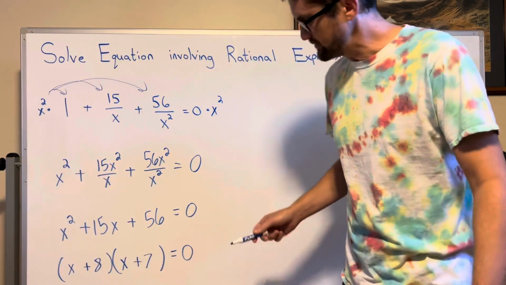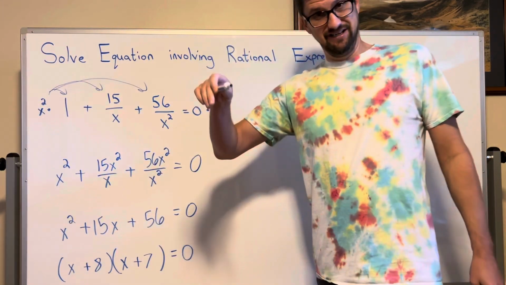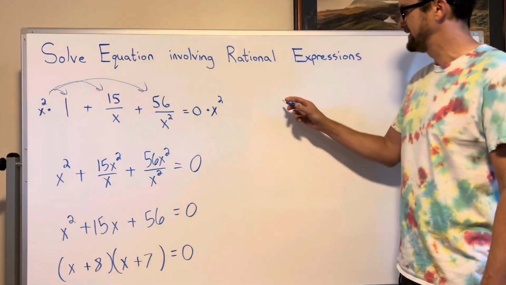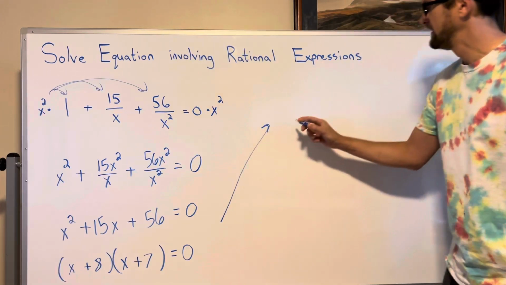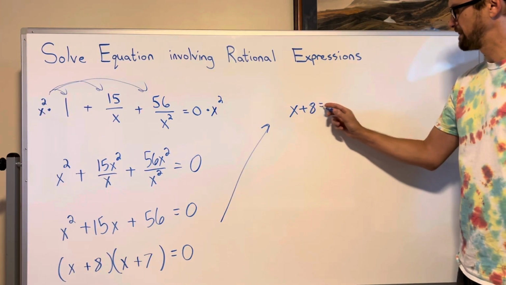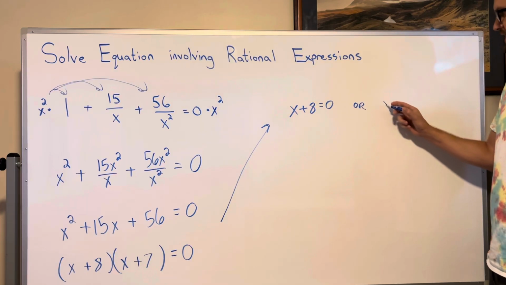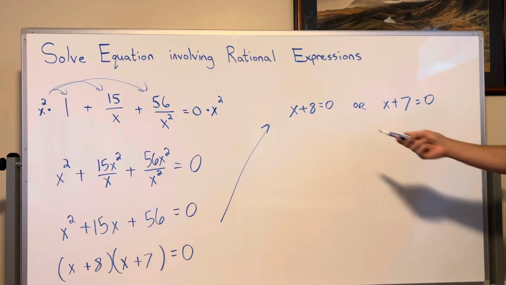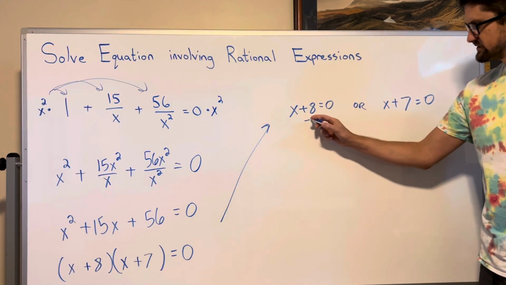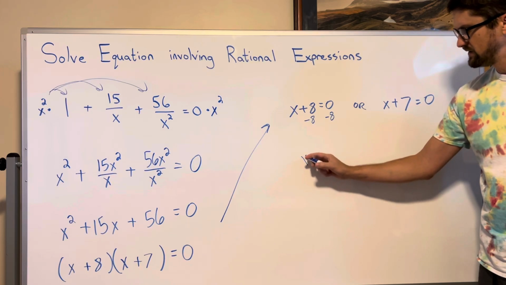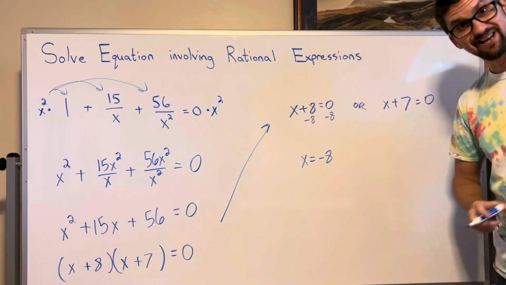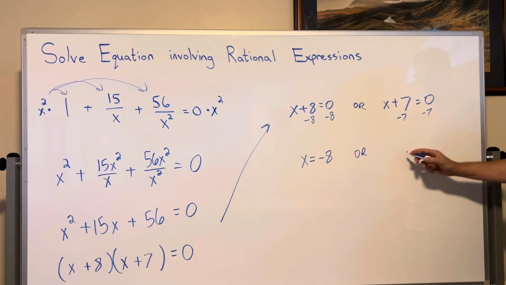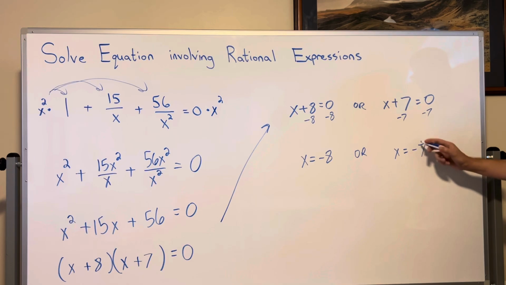Now we use the zero factor property that states that when you have factors multiplying to be 0, at least one of them's got to be 0. So either the x plus 8 needs to be 0, or the x plus 7 can be 0. And these can be solved by subtracting 8 on both sides here. You get x equals -8. And subtracting 7 on both sides here, we get